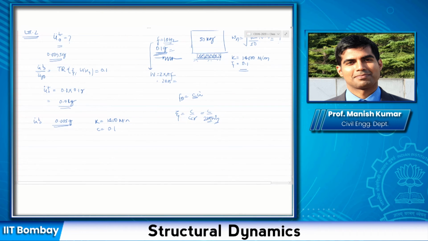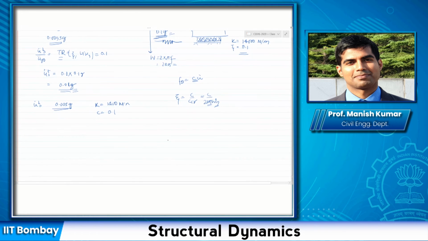I know that to decrease the acceleration further, I would need to decrease the transmissibility ratio, right? Because if you consider the variation of transmissibility, it's the same damping, starts from here and it goes like this. I'm right now somewhere around here, at a certain value of omega by omega n. At this point, whatever the 0.1 transmissibility that I have got, for this value I'm getting the total acceleration of 0.01 g, which is not acceptable. I want to reduce it further.